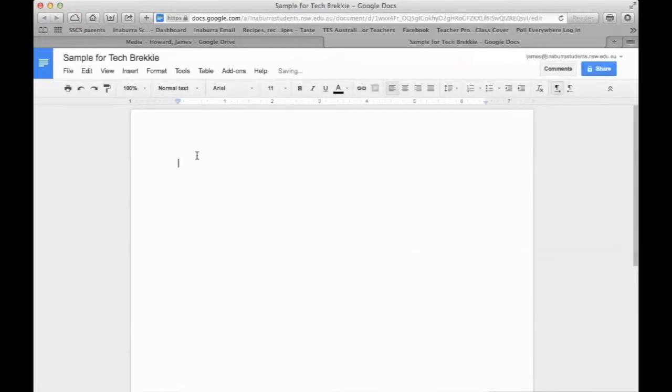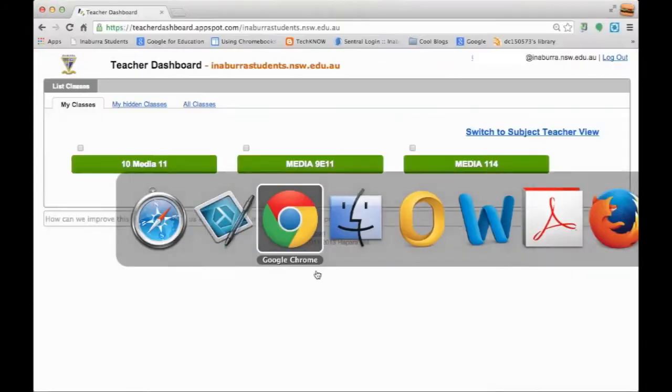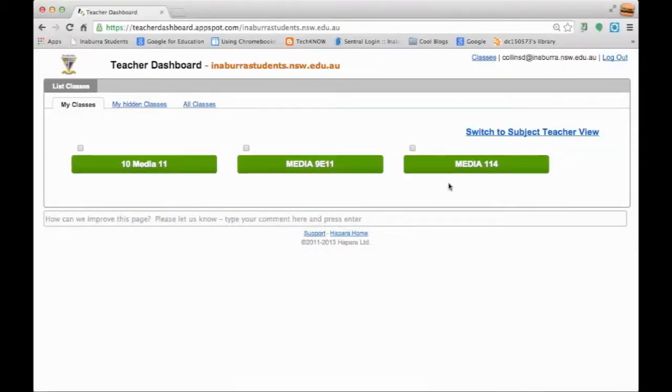Okay. And here then, when the student starts to type work for media, and it might be industry study, I don't actually need to give them anything before they can work. They can just start straight away with working on this here. Choose how they want to set it out. And immediately, if I now switch to my Chrome view in Teacher Dashboard, if I click here in Year 11,